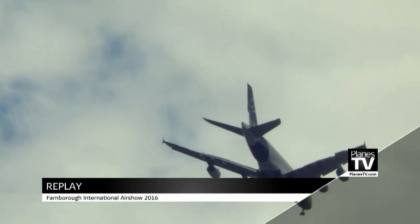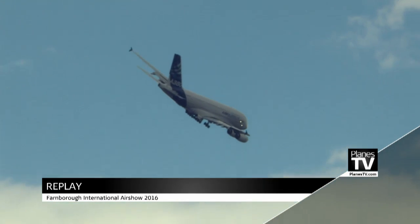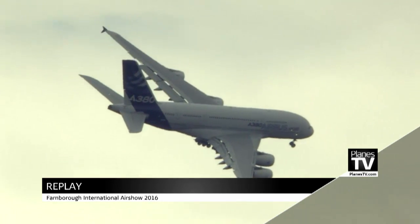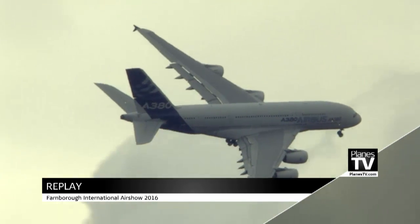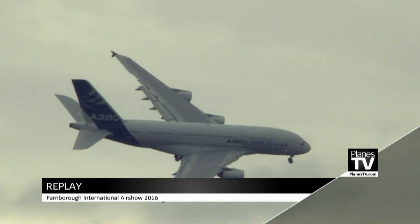Well, we've just been speaking to the Flying Control Committee. I understand it's going to be the flat show from the Hornet. Well, I'm not surprised, actually. I didn't think it was going to get the full show. Not entirely certain when he's going to go, but certainly the weather is now clearing through. So when the last bit of the rain has gone,